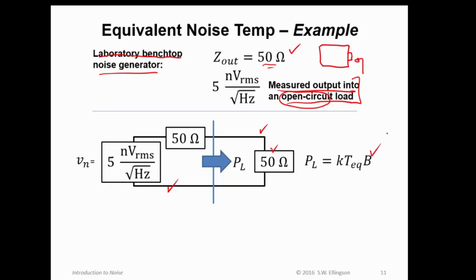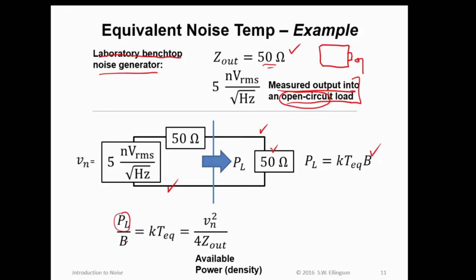I apply the thermodynamic concept here. And I see that if I divide by B here, I get that the power delivered to the load divided by B is K times the equivalent noise temperature, all right, times V sub N squared divided by 4 times Z out. That's just the available power density, right? That's what we get when we conjugate match a load to its source. So this is the circuit theory concept for P_L. And if I solve for T_EQ here, I get that the equivalent noise temperature is